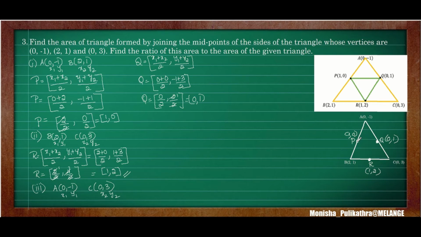So now we have a triangle here with the 3 vertices. The 3 vertices of a triangle. Fine. So this is the enhanced version of it: the inner triangle and the outer triangle. So now what we have to do is find out the area of triangle ABC and also the area of triangle PQR. Fine. First is the area of triangle ABC.